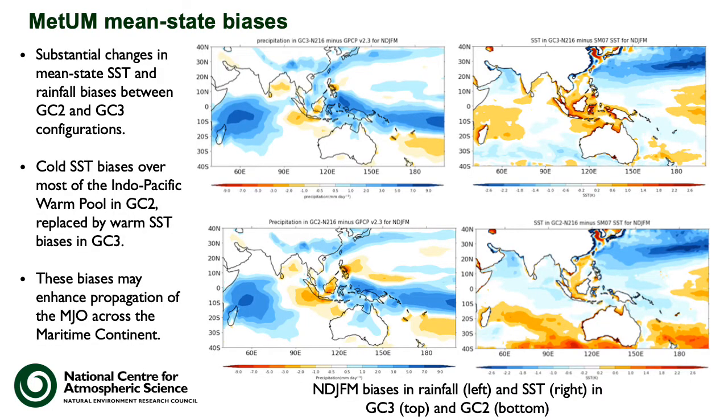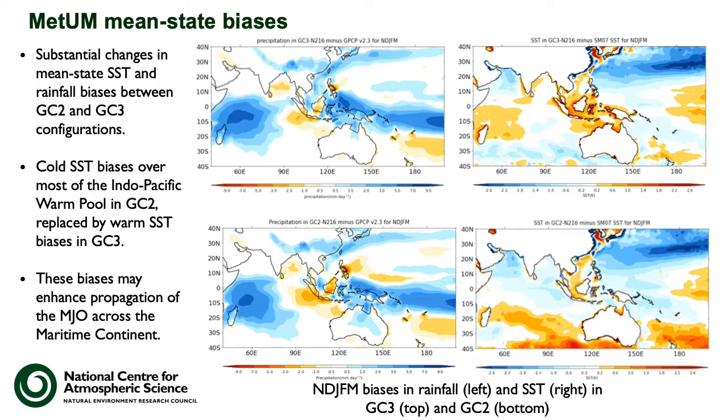So here you can see some of the biases in the basic state that we have in GC2 and GC3. So I'll start with GC2, which is on the bottom. Here in GC2, you can see that around the maritime continent, we had dry biases in precipitation and cold biases in sea surface temperatures, both to the west of the maritime continent and to the east in the western part of the Pacific. And in GC3, instead, these have changed to be warm biases around the maritime continent and a reduced dry bias, sorry,